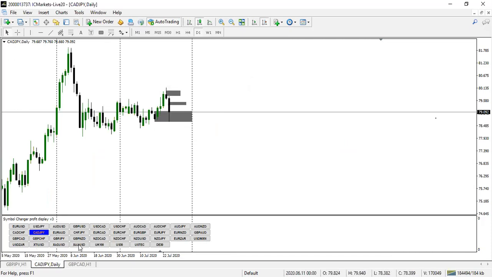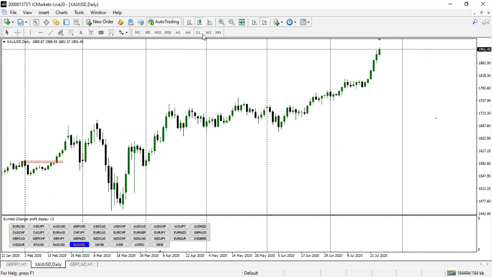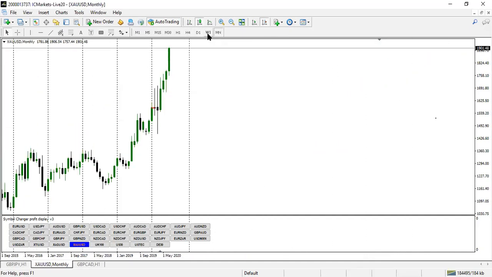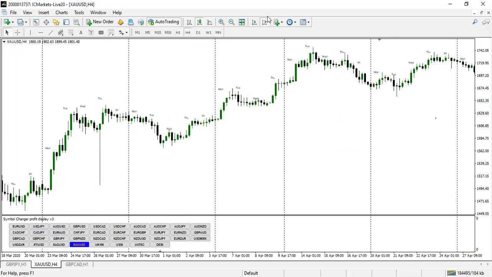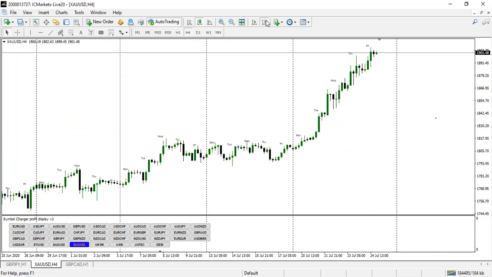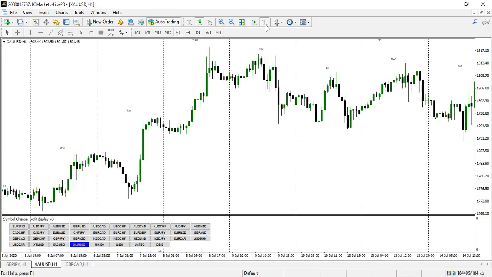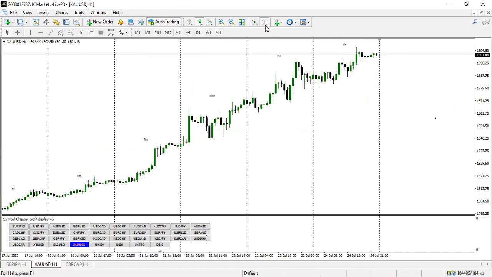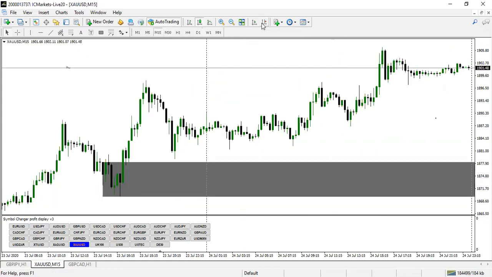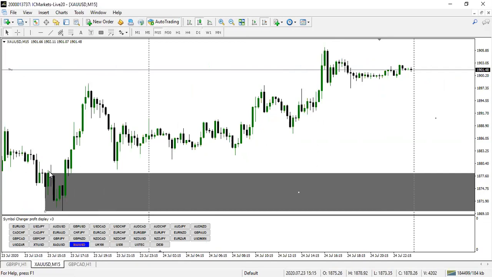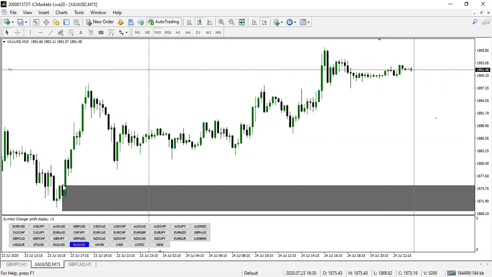Then let's look at gold. For gold, price has actually been going higher, higher, higher, and higher. So this suggests to us that we should look for the best opportunity for us to buy, right? That's actually going to be wisdom for us. Look for the best opportunity to buy this pair. Well, for me, I cannot really see one apart from this area, right? That can really serve as a rejection zone for us, where this price will buy from.